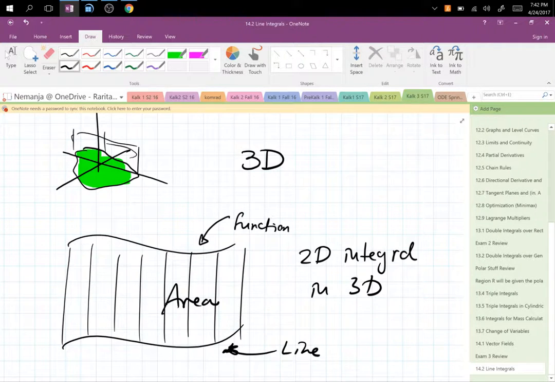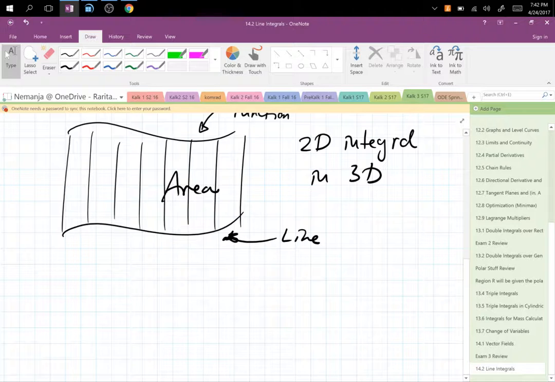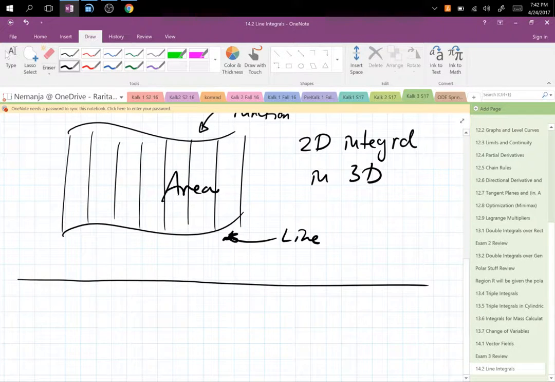If you have ellipses, then those r and r become a and b, different numbers, and so on. So the parametrization equation, which we want to use for ease of calculation,